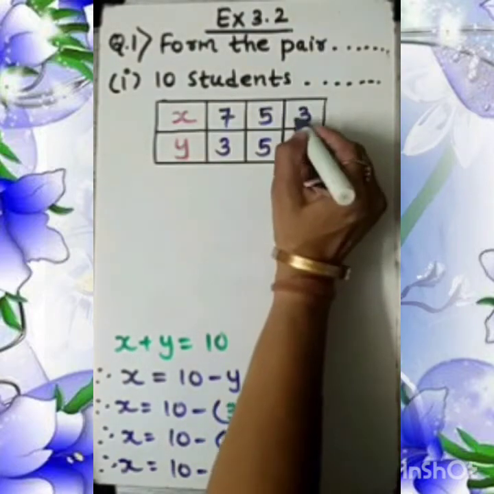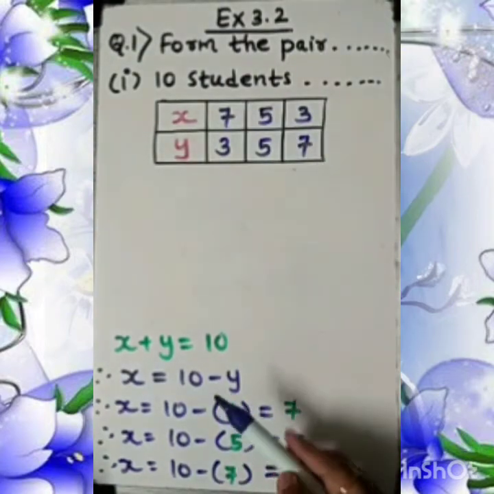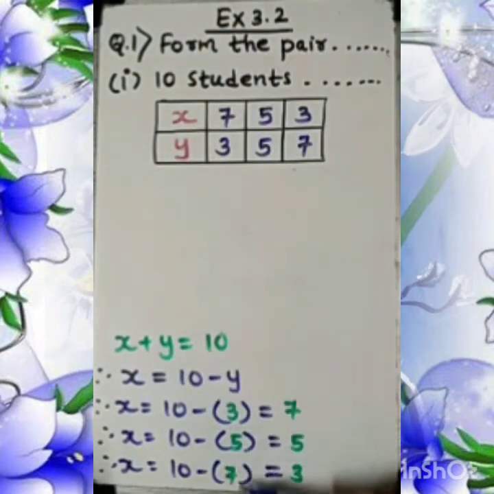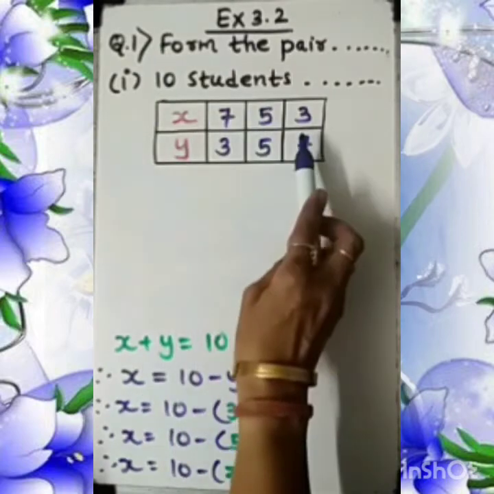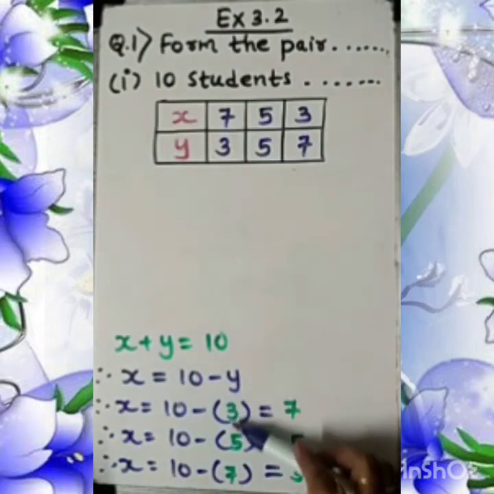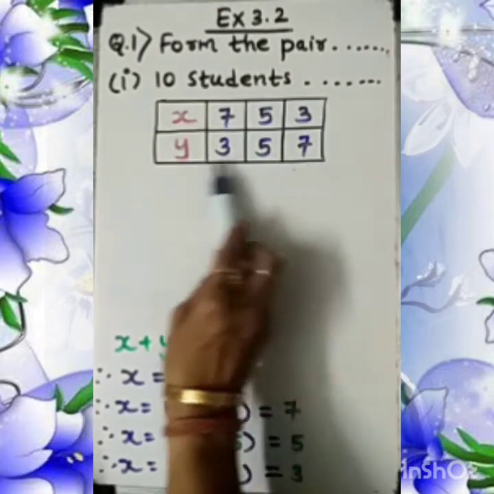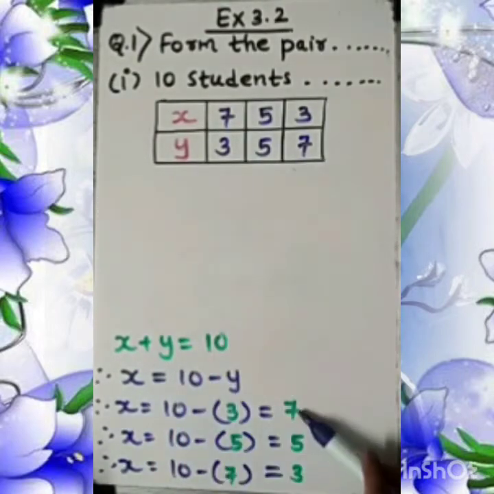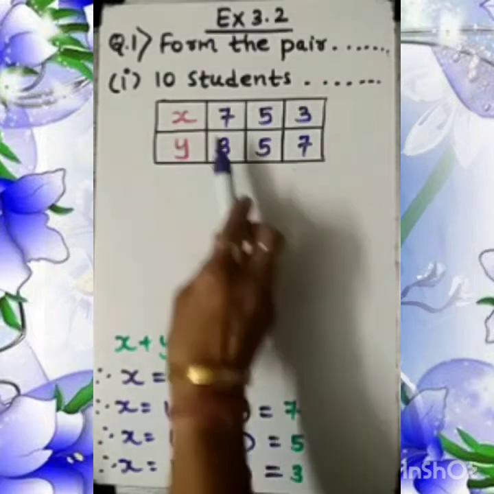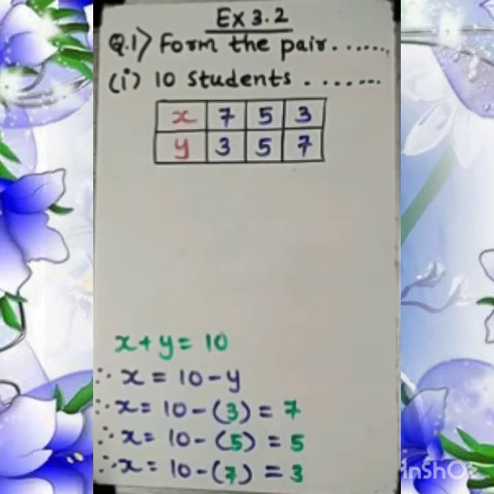Be careful while writing. Don't confuse yourself at that time. Don't put the value of y in place of x. Here we are using values for y, so all the y values you need to put here, and according to that, whatever answer we got, we need to put it as x. Now this is for the first equation only.